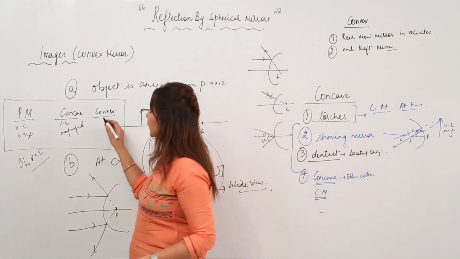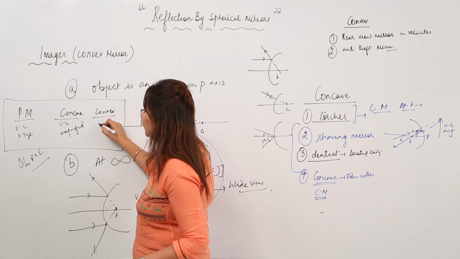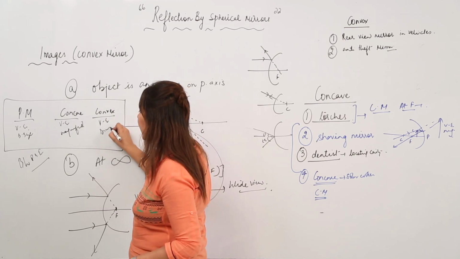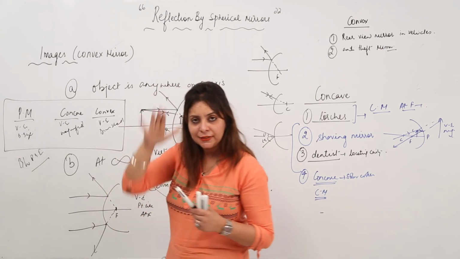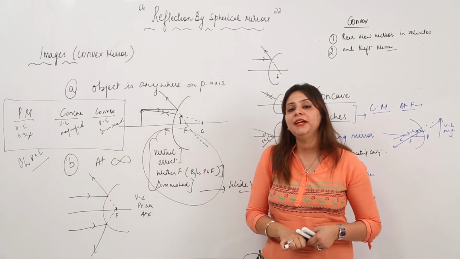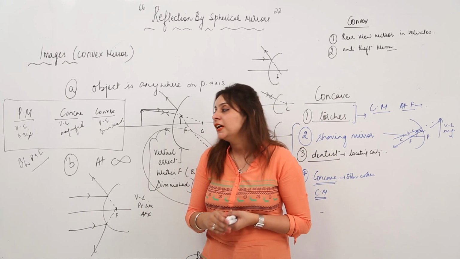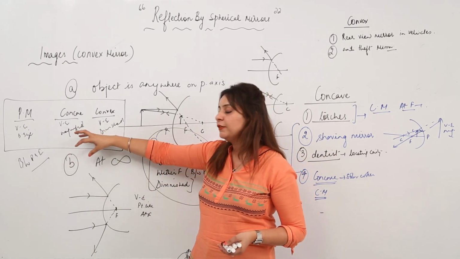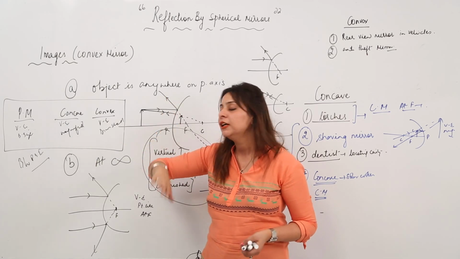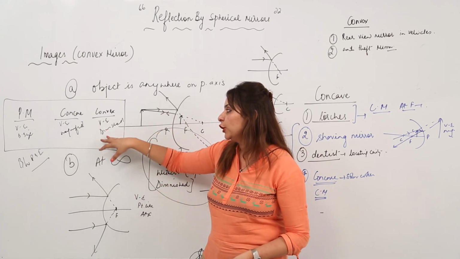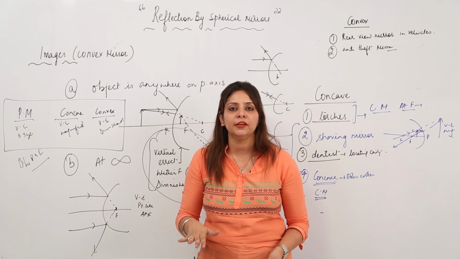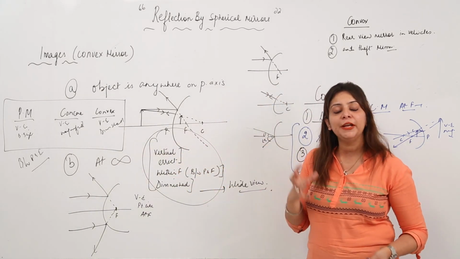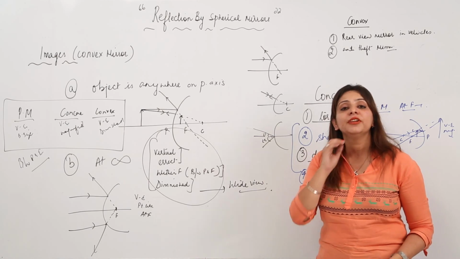And in a convex mirror, if you see yourself and you are standing within focus, you will look virtual, erect and diminished. Suppose your height is this, so you look this. So that means if you are looking the same size, it is a plane mirror. If you look at yourself in a concave mirror, you will look magnified, means bigger, and if you look at yourself in a convex mirror, you are looking shorter, that is the diminished one. So this is how you can distinguish between plane, concave and convex mirror without touching it.